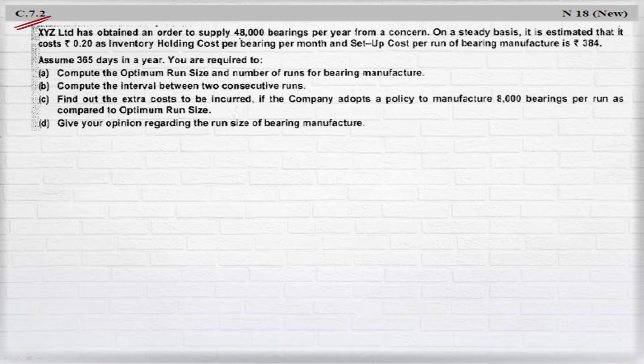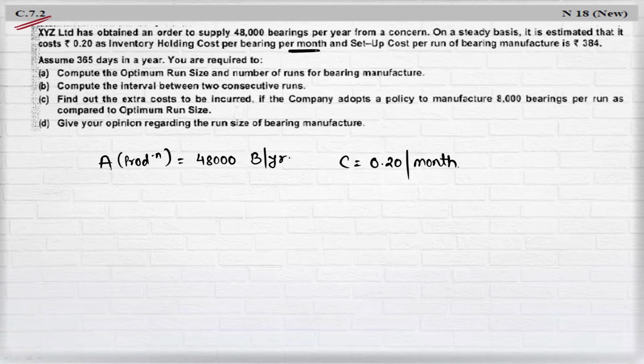XYZ has obtained an order to supply 48,000 bearings per year. So annual production should be 48,000 bearings per year. You got an order, so you will have to manufacture 48,000 bearings per year. From a concern, on a steady basis, it is estimated that it costs 0.20 as an inventory holding cost per bearing per month. That is, carrying cost is 0.20 per month. I don't know why it is given in month, but we can easily convert it into per annum. Setup cost per run of bearing manufacturing is